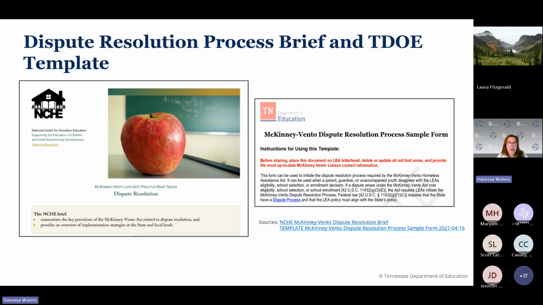Federal law says that you can do your own dispute, but it must align with the state's. For example, levels 1 and 2 are at the LEA level. Level 3 is the state level. The state's process says that the district will send information from the LEA, including information from the parent, to the state, and not the parent sending it to the state. So it needs to come directly from the LEA in order for it to go through the level 3 and